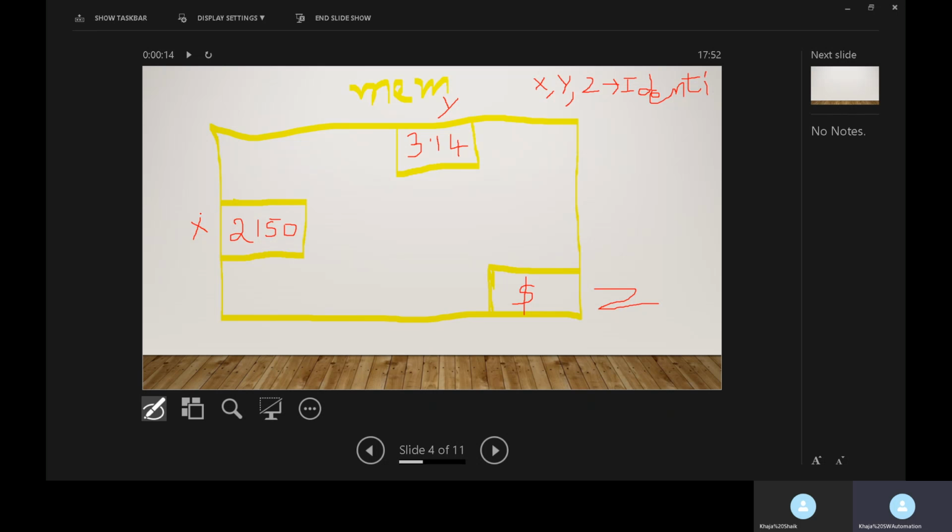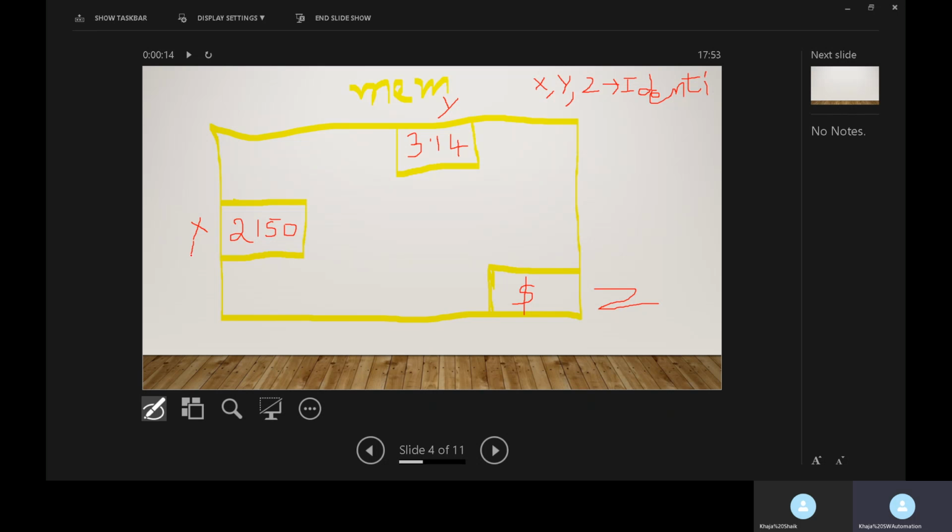Here the identifier X is an identifier, which is the name of a memory location. The identifier whose value is changing during the execution of the program is known as a variable.